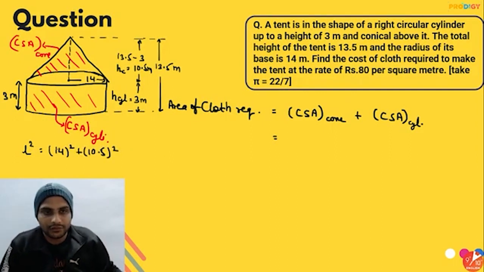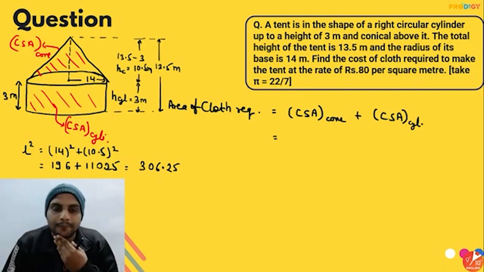Okay, so this is going to be equal to 196, and 105 whole square will be equal to 11025, so 110.25. So if I add both, I'll be getting 0.25 at the end. 6, 9 plus 1 is 10 power 1. 1 plus 1 is 2 plus 1, 3. 306.25.